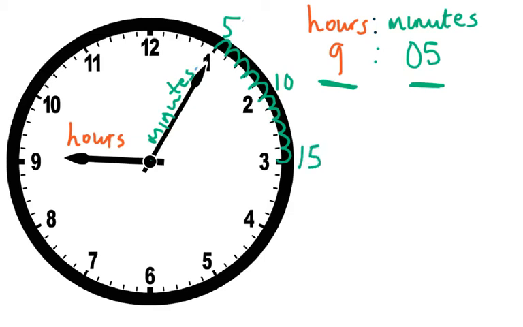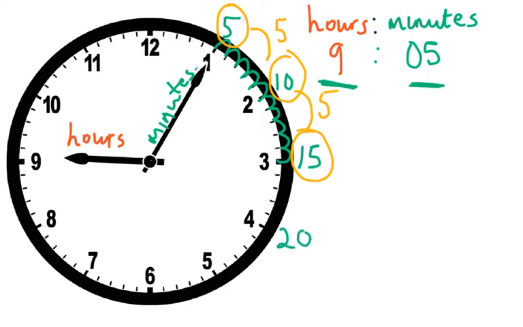Do you recognise a pattern? You might see that there's an interval of 5. From learning our 5 times tables, you would know the intervals are 5, 10, 15. If we continue on, at the 4 it's 20 minutes past 9,